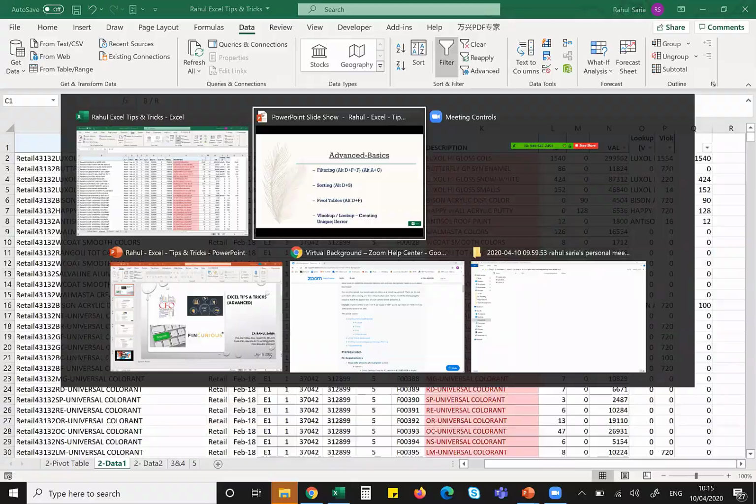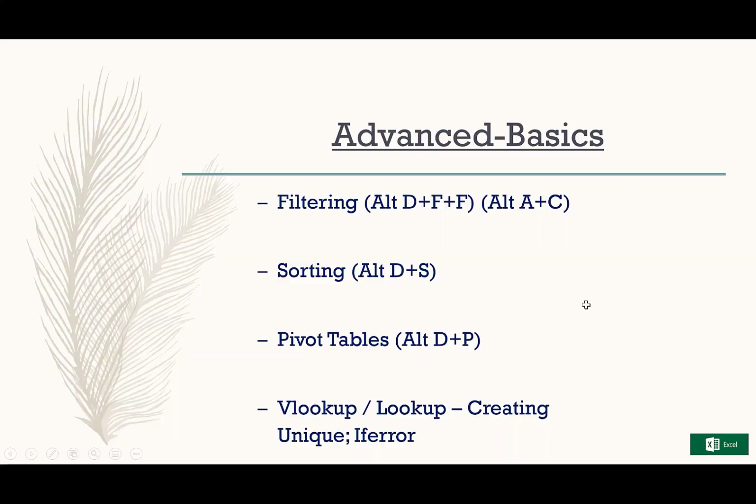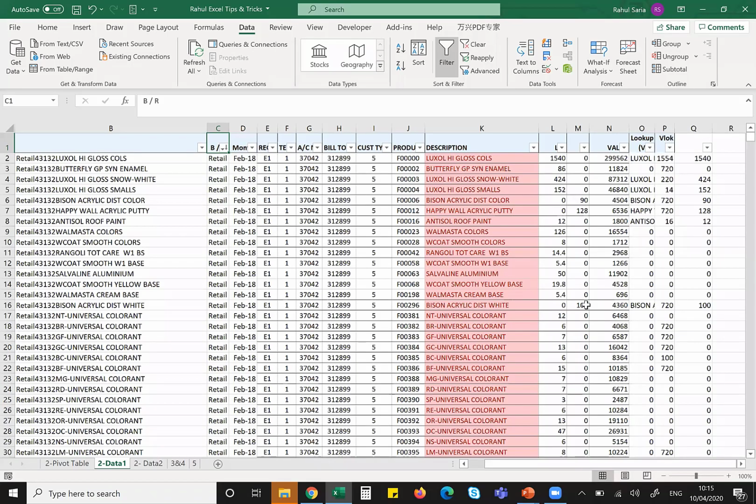Right? Moving forward, sorting is done. Now, a little bit about pivot tables. What is a pivot table? A pivot table is basically assembling the data beautifully. Continuing the same example, when I asked you how many liters there are in total and what the breakup of bulk and retail is, this can be easily seen from a pivot table.